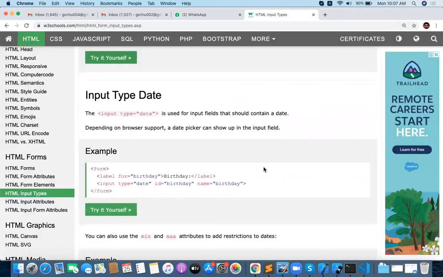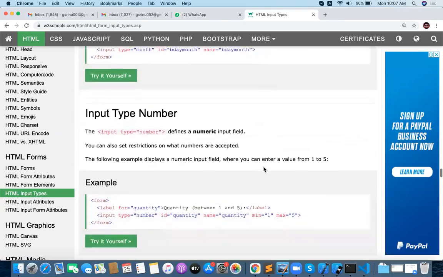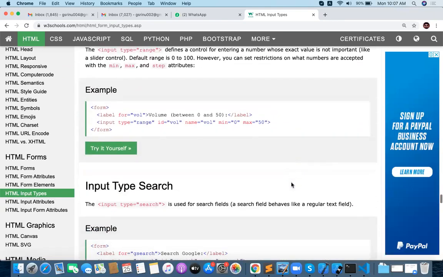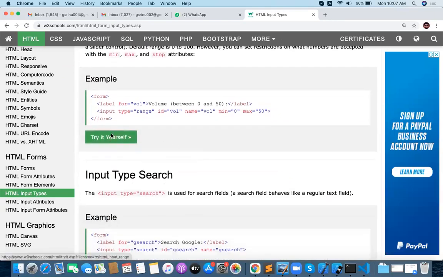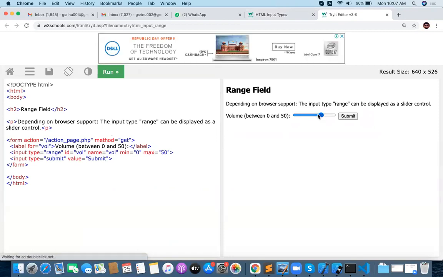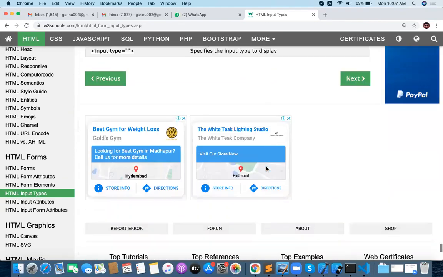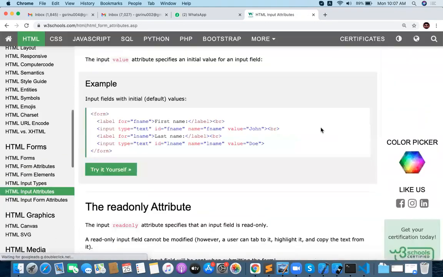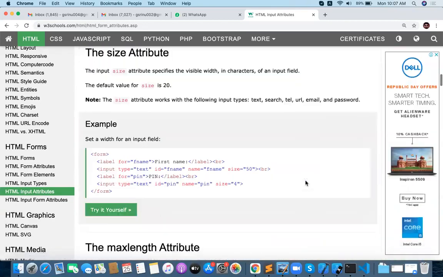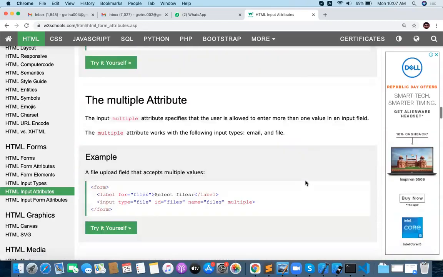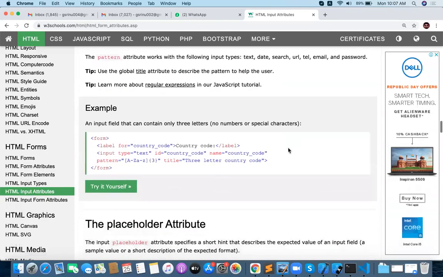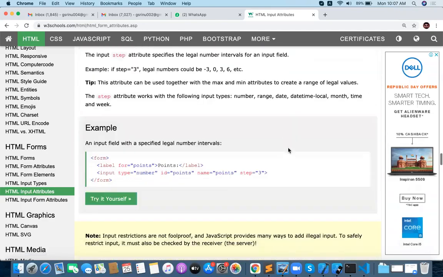And let me give you some input types that are not going to work with all the browsers, something like the slider input type, where you can provide a value. W3Schools tells you which input works in which browser.